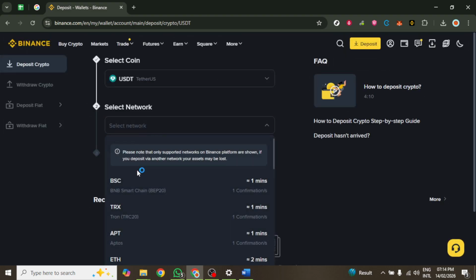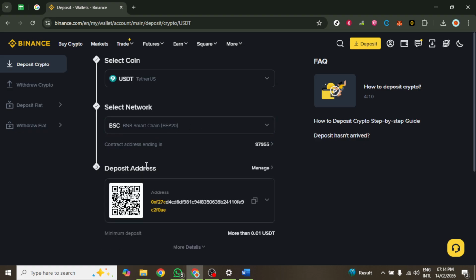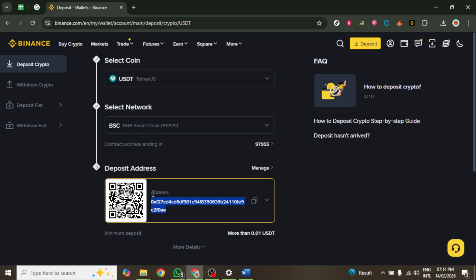For a cryptocurrency deposit, the next screen will prompt you to select the specific coin you wish to deposit. After selecting your coin, you will also need to choose the appropriate network for the transaction. Once these selections are made, copy the deposit address that appears on the screen. If a memo is provided, ensure to copy that as well, as it may be required for the transaction to